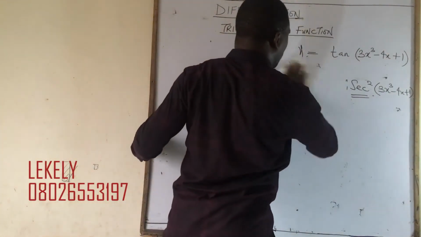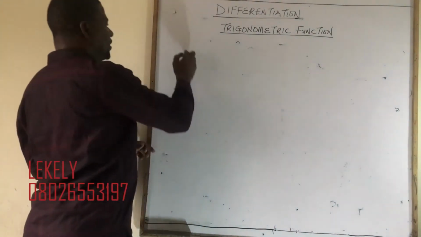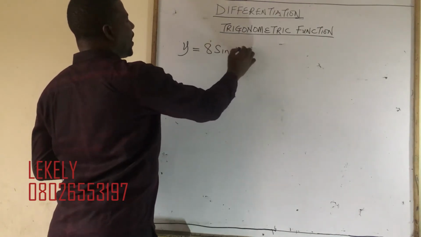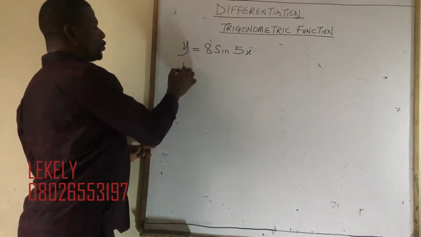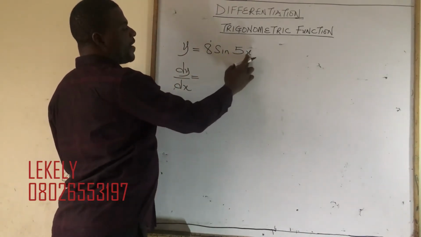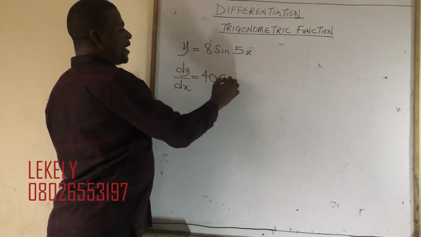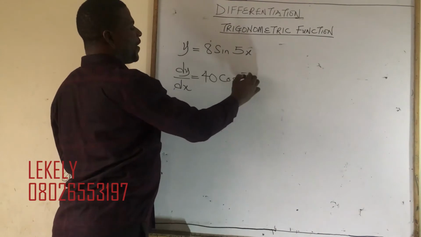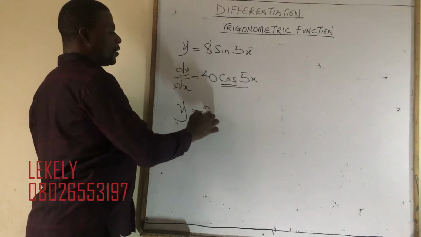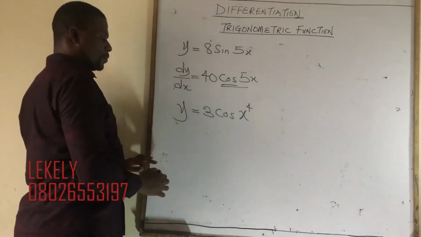the next one we want to look at is that let's assume that you have something like this: y equals 8 sine 5x. Look at this. So to get your dy dx, you are going to say differentiate 5x, that's 5 times 8, 40. Differentiate sine, cos, then rewrite the 5x. That's the answer. Now if I have y equals 3 cos x raised to power 4, for example, now